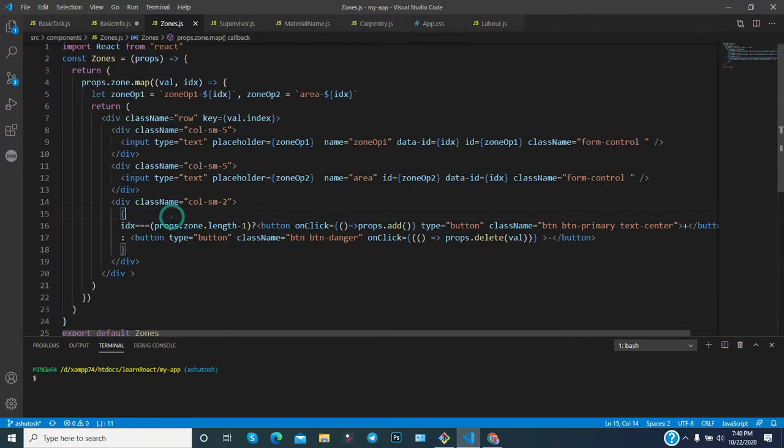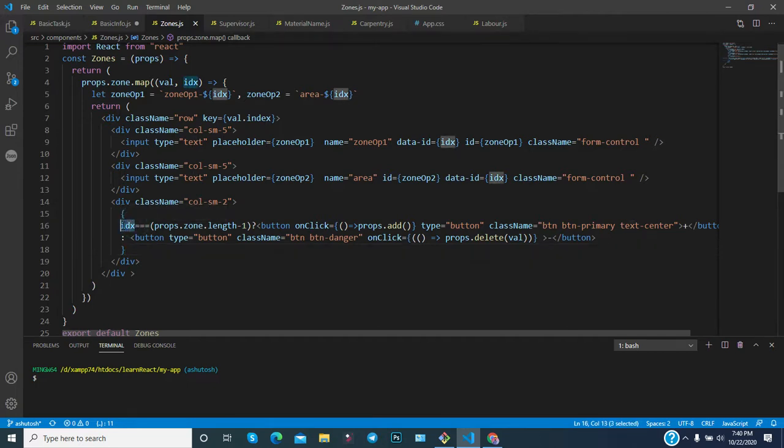As you can see, the loop will be running with idx, and then the last row. Suppose the last index is 7, it means the indexes are 0 1 2 3 4 5 6 7. So it goes from 0 to 7, but the length of that particular array is 8, because the index starts from 0. That's why we have used -1. It means we are comparing whether it is the last row or not. If it is the last row, then display the add button, and if it is not the last row, then display a minus button. So that's why we have written this logic.